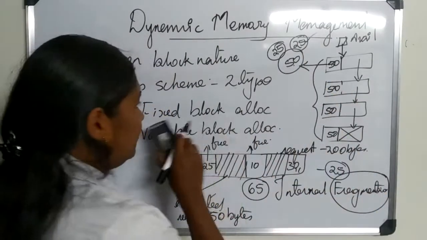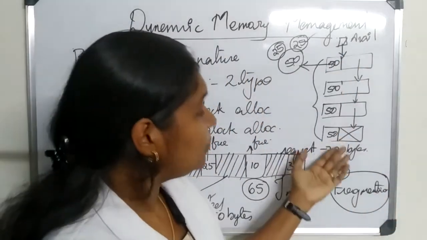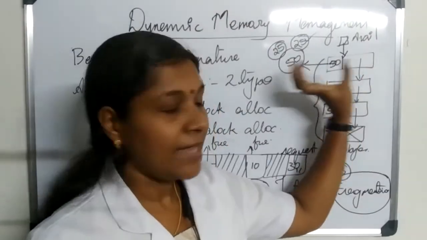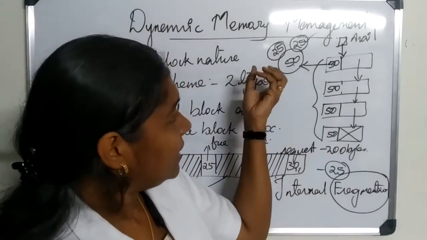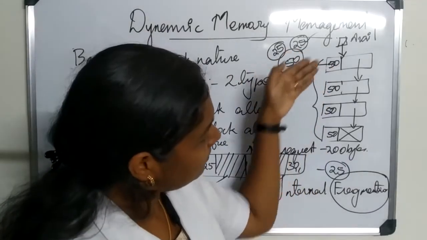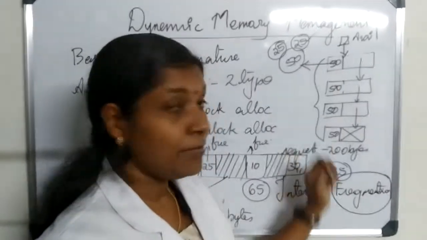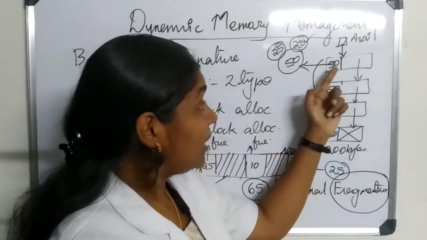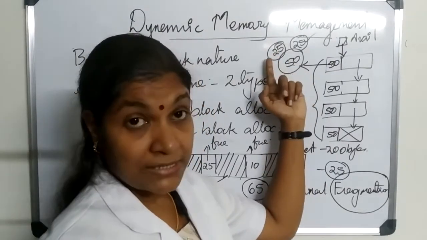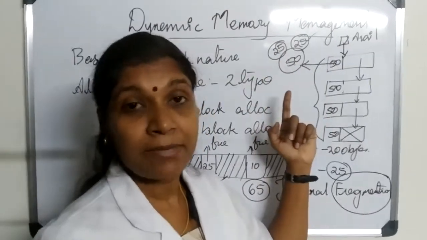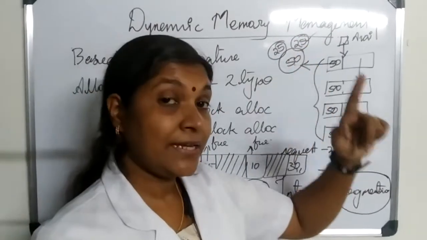So we were discussing fixed block allocation. I already mentioned, if all the blocks are of the same size, then we will have to assign a minimum of a single block to every incoming request. If the incoming request is larger than the block size, then multiple blocks of memory will be provided. And if the incoming request is smaller than the block size, even then we will have to allocate a single block to that request. If a request of 25 bytes is coming, we'll have to allocate 50 bytes of memory, and the remaining 25 bytes is simply wasted, and that creates a hole.